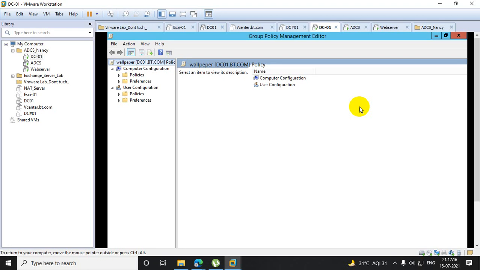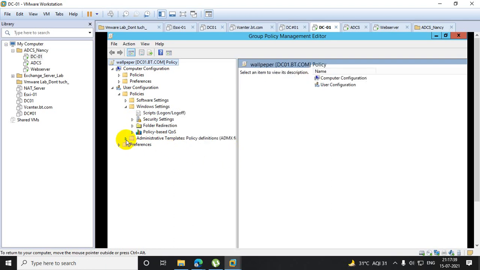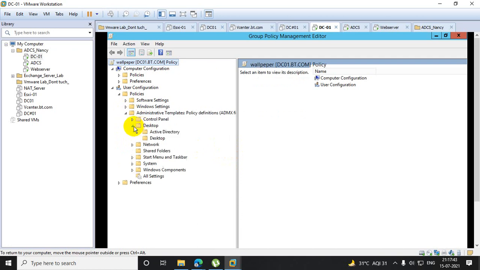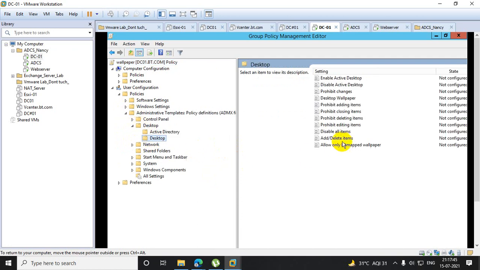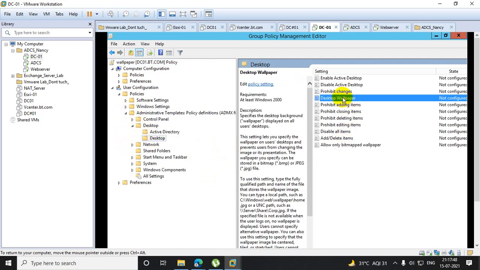Now as I told you, when all my users log in, this wallpaper should come. Got it? As it is a user policy, click on Policies, Windows Settings, Administrative Templates, Desktop. Now there is an option, Desktop Wallpaper.